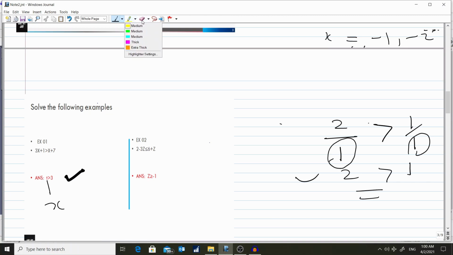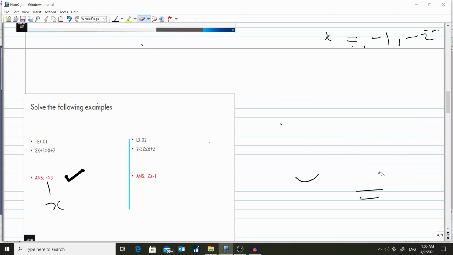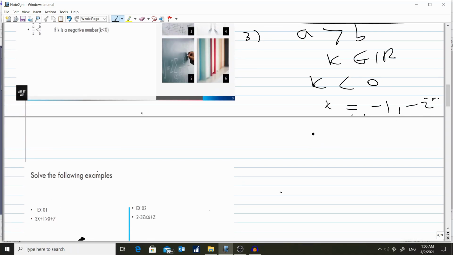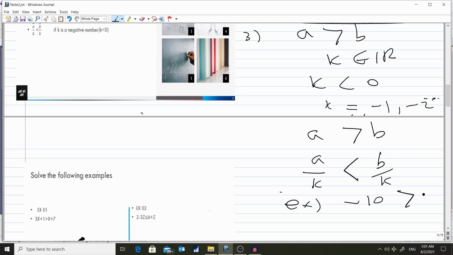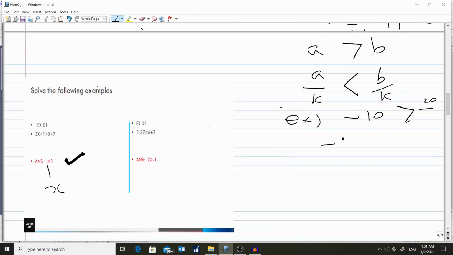So in this case, you know a greater than b, right? If we divide both sides by k value, and we know that k is negative, in that case the direction of the inequality will change to the other way around. As an example, -10 greater than -20, right? So if we divide both sides by -10,